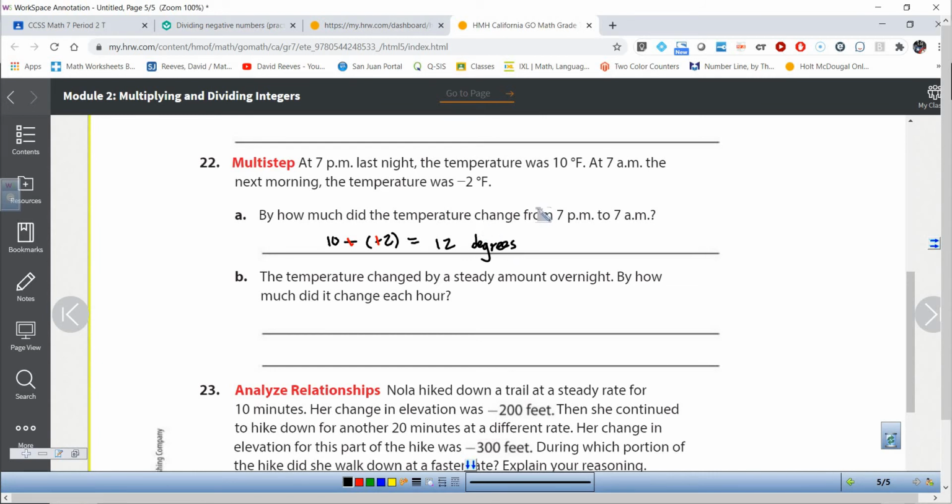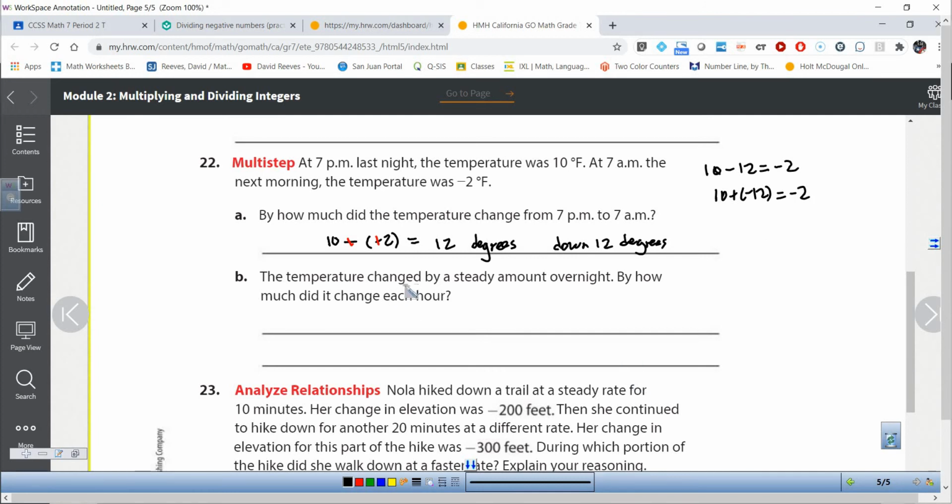By how much did the temperature change? It went down. It went down 12 degrees,